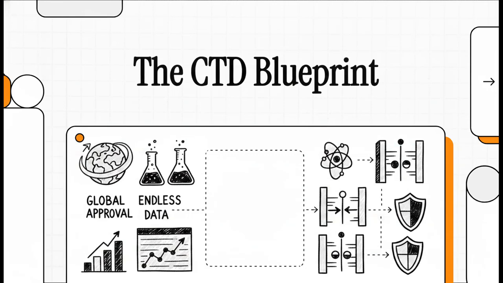Now, we all know the world of global drug approvals is, frankly, a beast. It's notoriously complex, packed with high-stakes research, endless data dumps, and some seriously strict regulatory hurdles. But today, we're going to completely demystify the core foundation of how a drug actually gets the green light from health authorities around the world. We're going to pop the hood and explore the exact blueprint that makes the whole shebang possible, the 5 modules